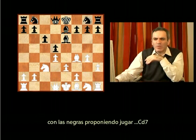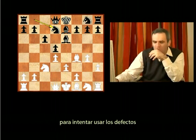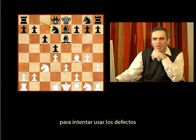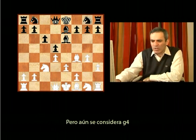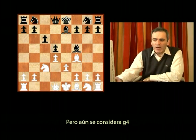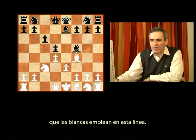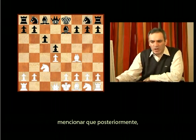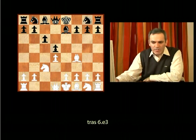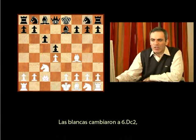There are recent games where black tried to play knight d7 followed by g5, h5, trying to capitalize or just use the defects of white's pawn structure. But still, g4 is considered to be one of the main ideas that white employs in this line. But we have to mention that later, after e3 didn't prove to be so convincing, white switched to queen c2,